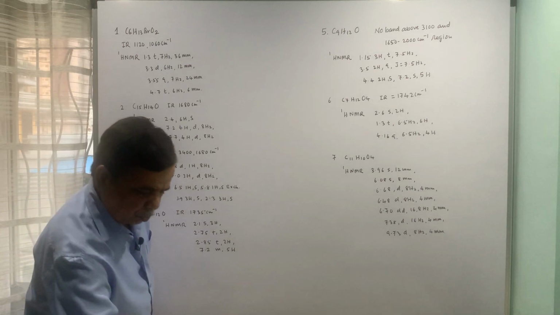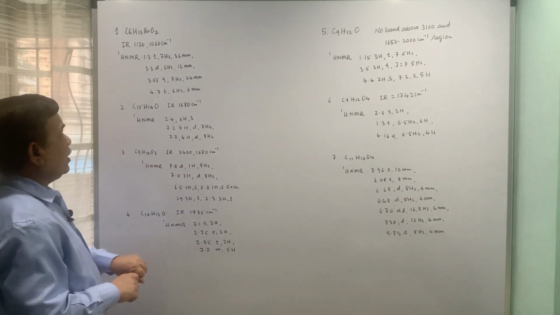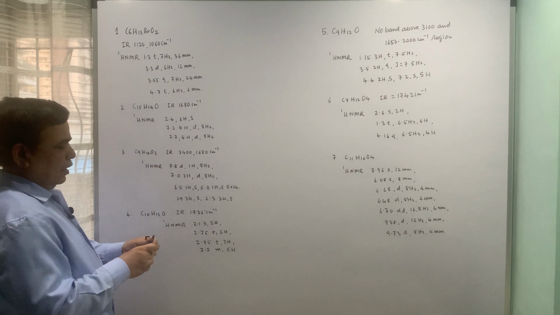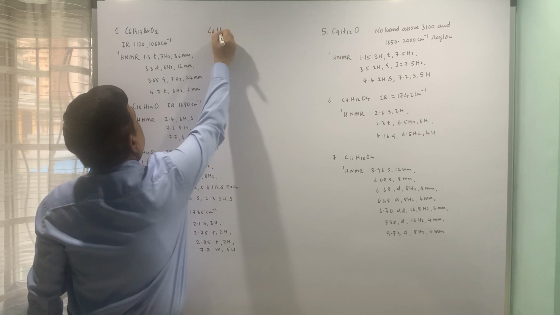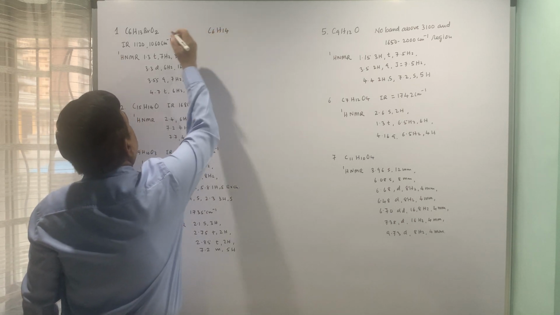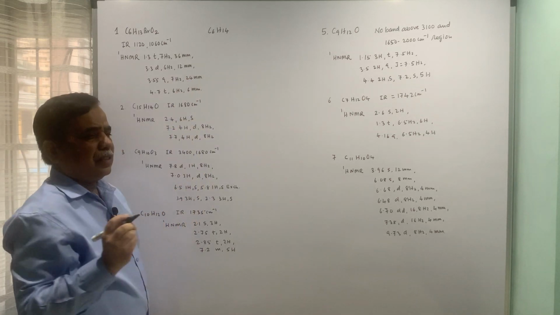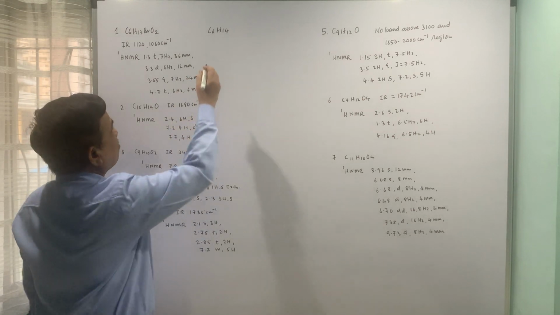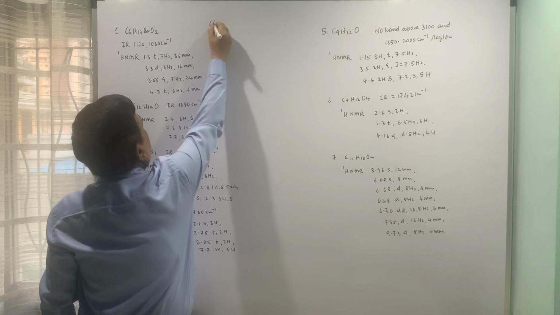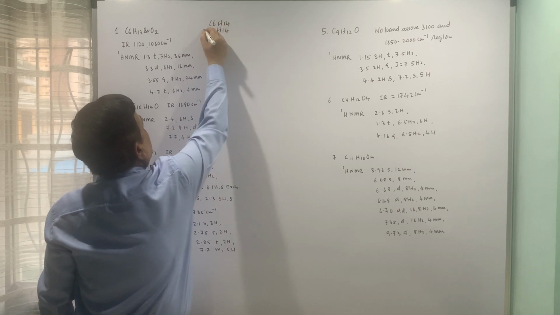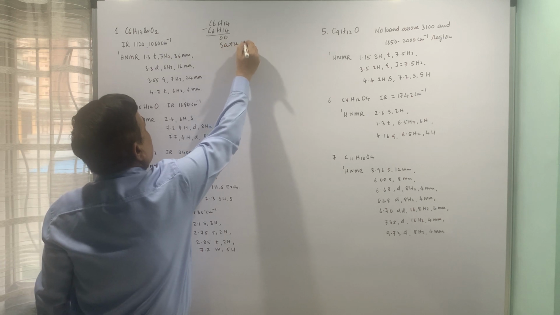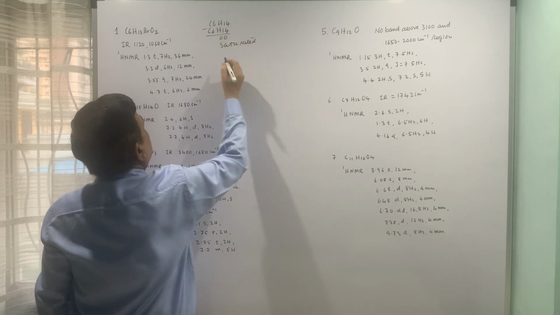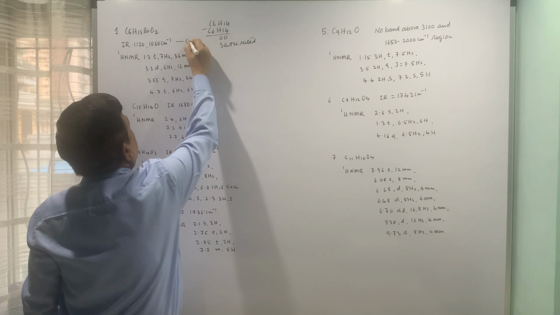C6H13BrO2. So the first foremost thing is you have to find out the sites of unsaturation. So C6H14, I am just substituting Br with H, so this is exactly equal to, so this is going to be a saturated compound. Now this indicates